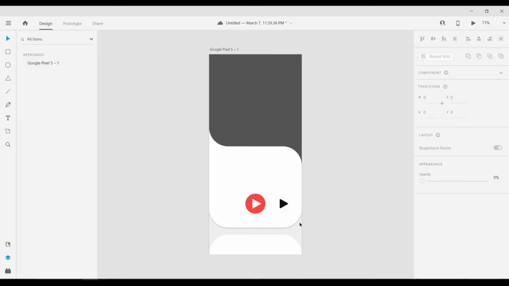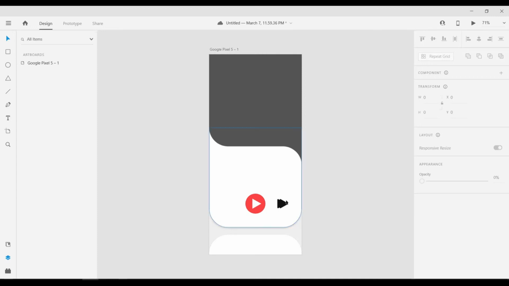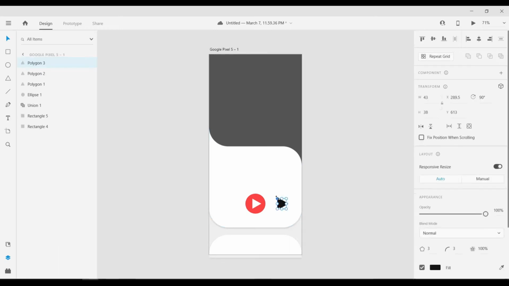Okay, that seems fine. Now only one triangle is not actually looking good, so what we can do is make one more and just place it just below it. Okay, that looks better. Now what we can do is copy both of them. Before that,